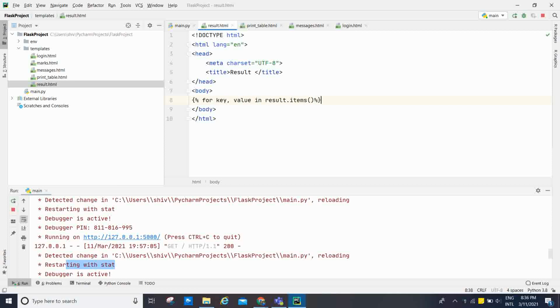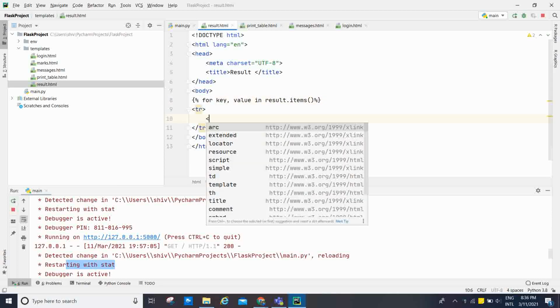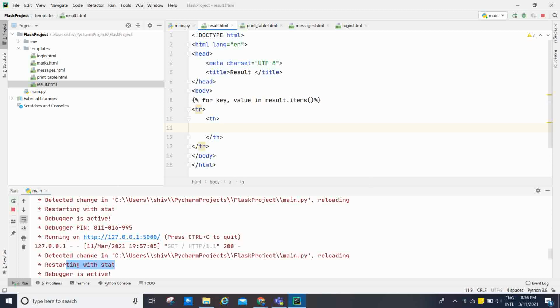percent curly braces close it here, tr th, and I'm going to use key, th key, and I am going to say one more th you can add, th value.